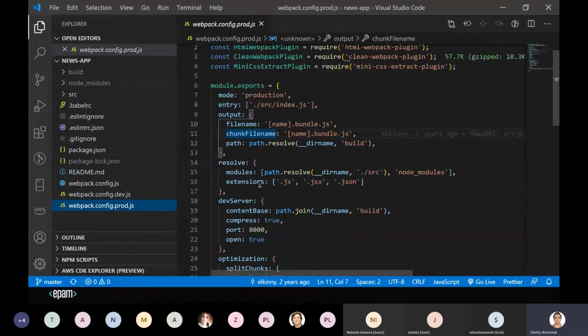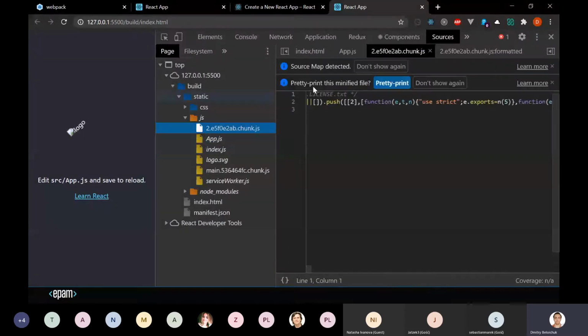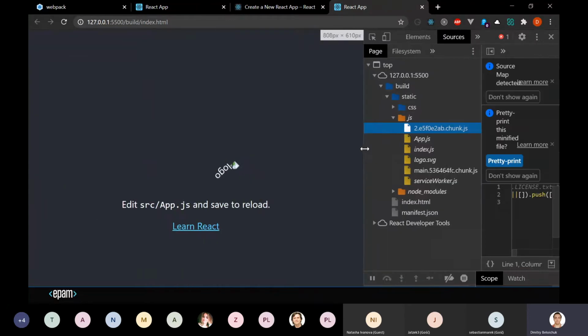So I would end up with the bare minimum of JavaScript files that are easy to transfer over the network. So it's this performance thing. So at the end of the day,